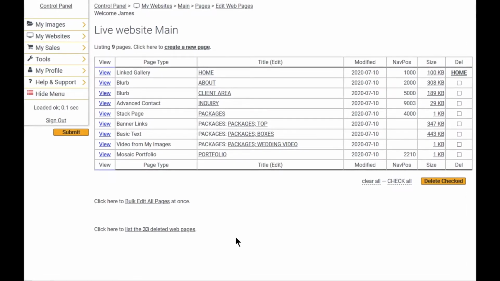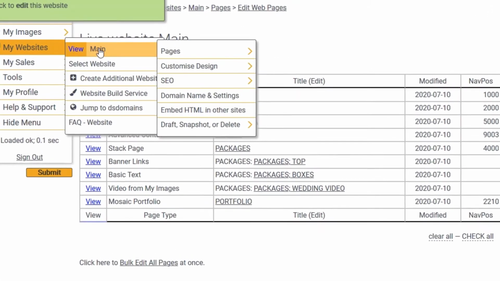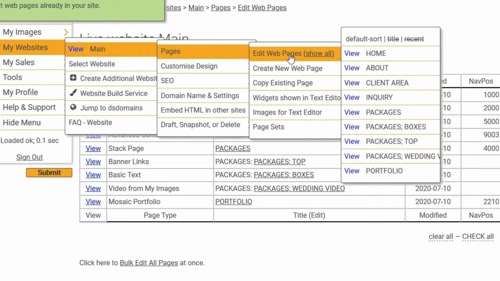This is how to undelete a web page that you've deleted and then realize that you shouldn't have deleted and you want to bring it back. So if you go from your control panel, My Websites, Main, Pages, and click on the Edit Web Pages, Show